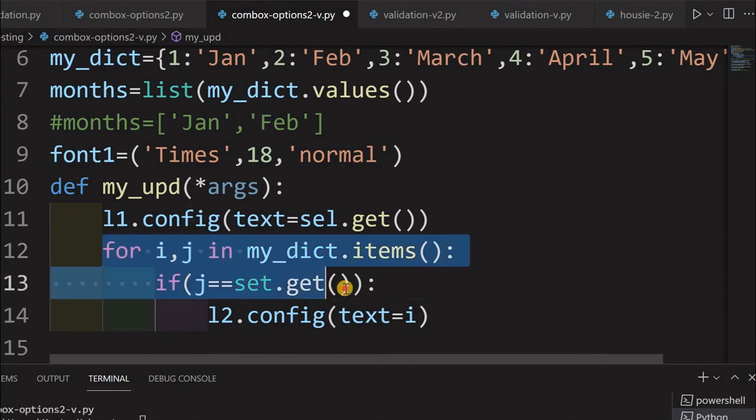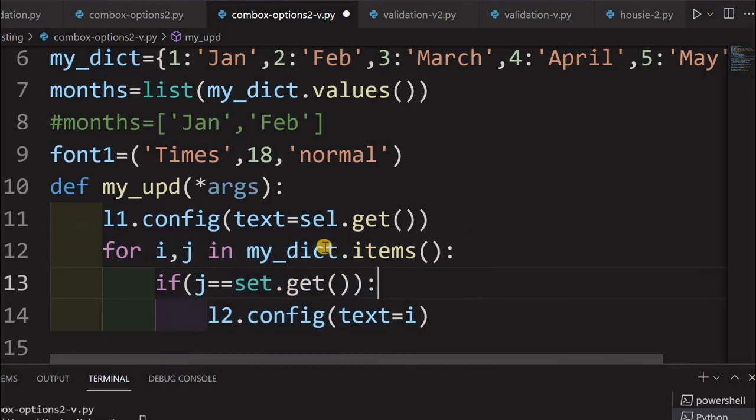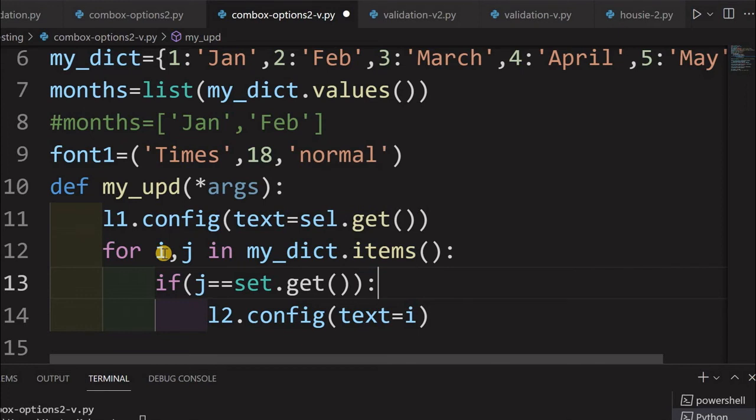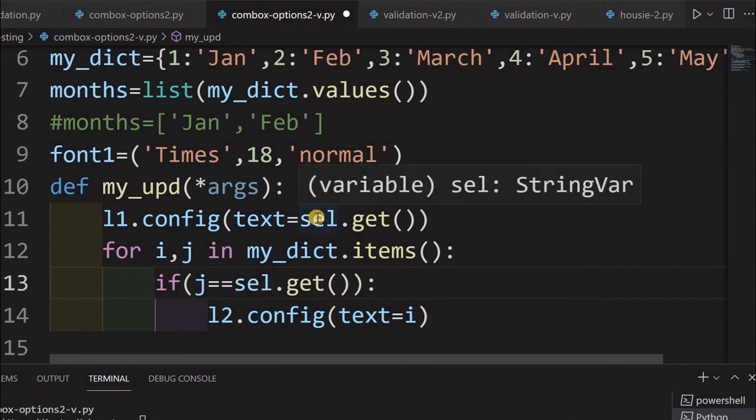So what are these 3 lines up to here? This is a part of it, because it's a dictionary, my dict I have taken. Items will give me the key and value. So i will hold the key and j will hold the value in the loop. Now I am comparing each one, j is the value, and cell.get is what, sorry, here I had to write cell.get, the selection.